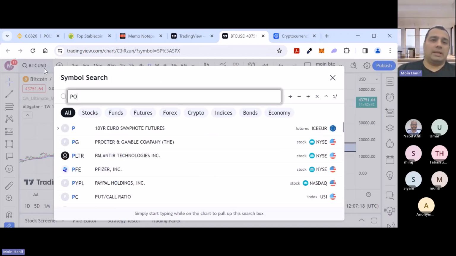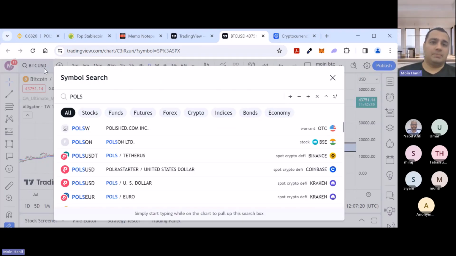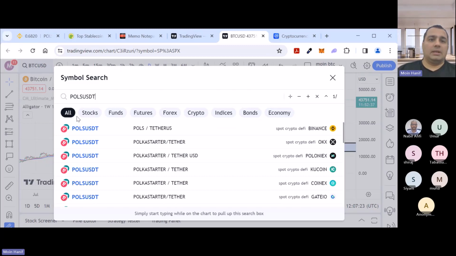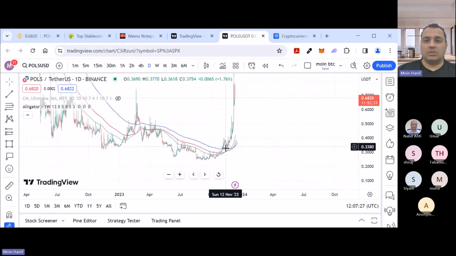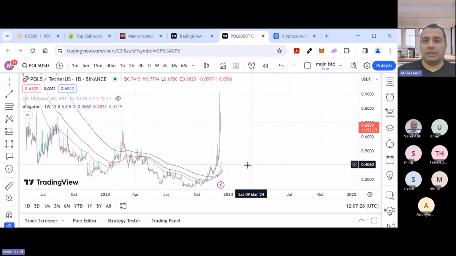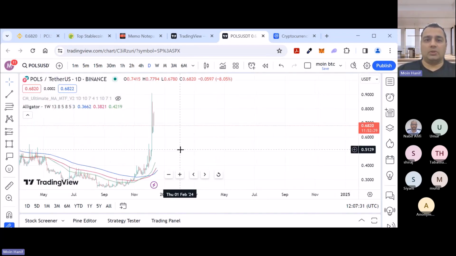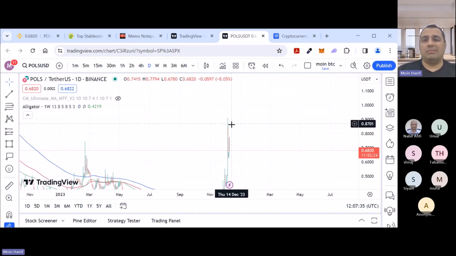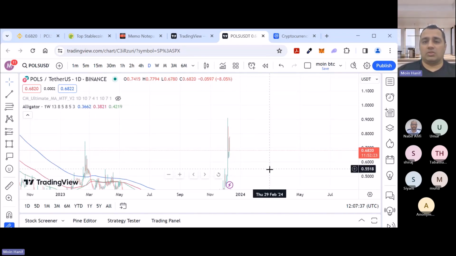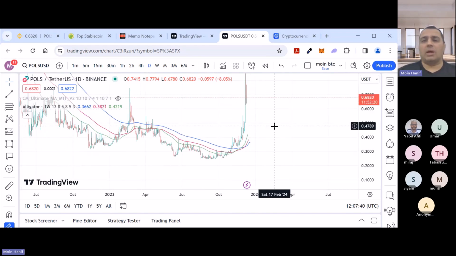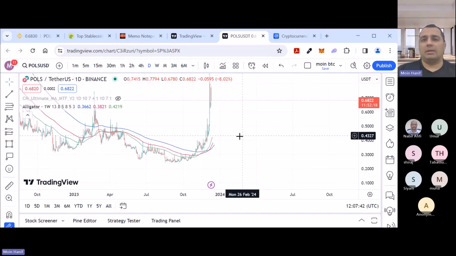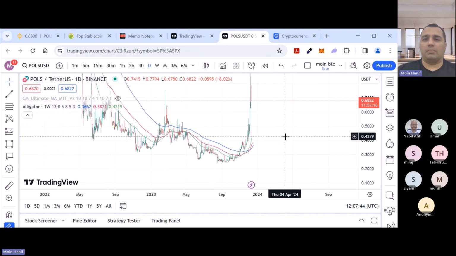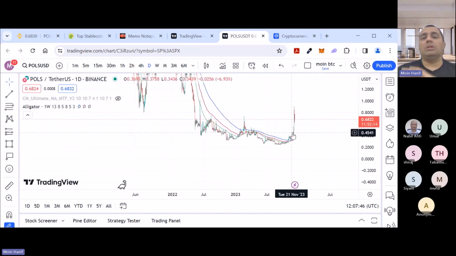Okay, let's give you an idea of the Poles. For example, Poles USDT. Here you can see on Binance. So here you can see I bought it around 0.3 somewhere here, and I sold it at 0.8. So I knew when to get out. So now it has already dropped. So if I waited, being more greedy, I would have lost. So now I don't care whether it goes down or up. If it does come down, maybe I will buy a little bit here and keep it for long term. Right? But you can see all the